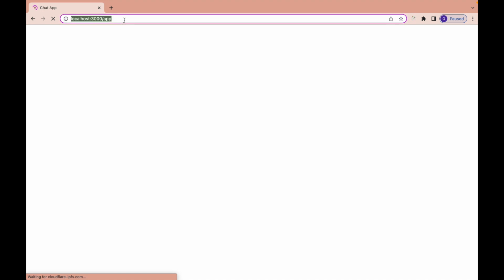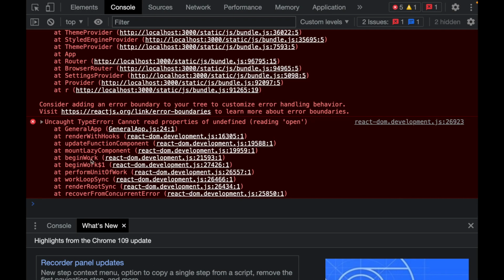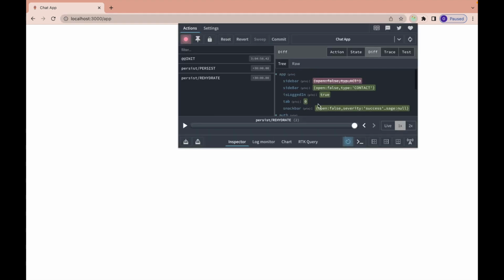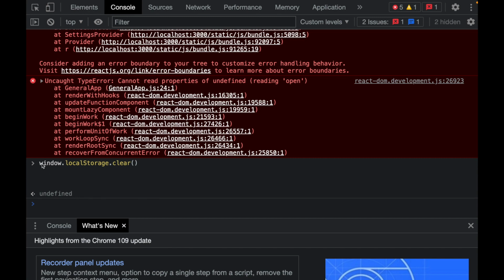So here you can see our user has been navigated back to this slash app page, okay. Due to some reason our page is not appearing. Let's actually see why that is happening. So here you can see it is complaining about this property open inside this general app, line number 24, okay. So this is just because we have introduced this new state here, okay, inside our store. So what I'm just going to do here is I'll just clear up this Redux store, and we can do it like this, calling this window.localStorage.clear here, and then clearing the cache. Okay,